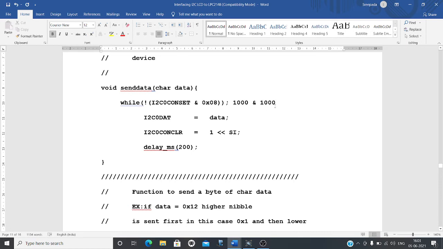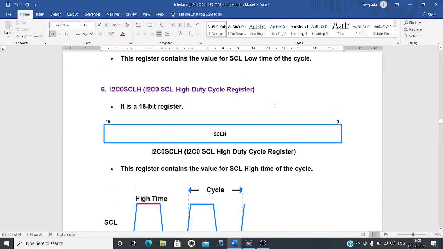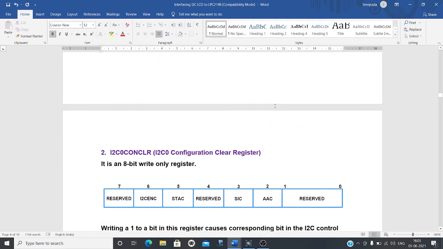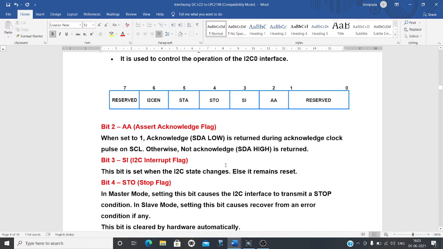Let me go back and show you. See here, this bit is set when the I2C state changes. Which bit? The SI bit. 0, 1, 2, 3. So the SI bit will be 1 whenever the data has been successfully sent.